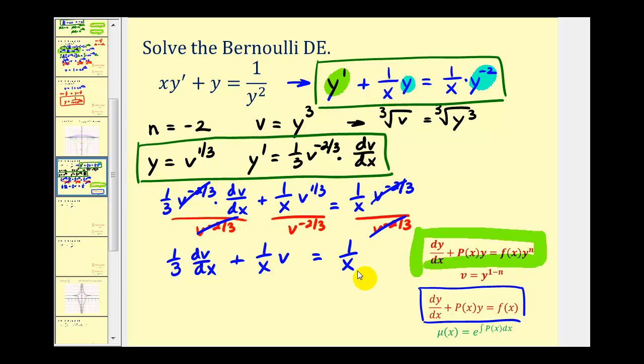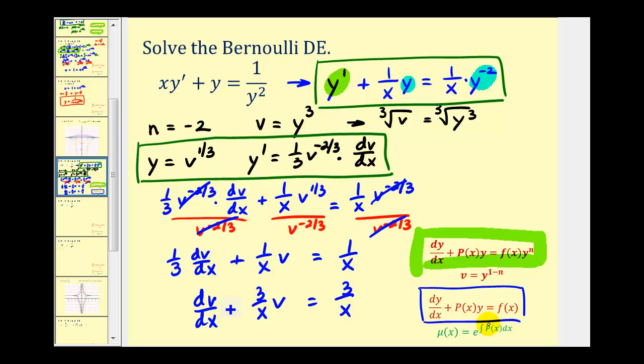Now there's one last thing we have to do here. We need to multiply everything by 3 in order to have this first term be dv dx. So we'll have dv dx plus 3 over x v equals 3 over x. Now that it's in the correct form for a linear first order differential equation, we'll now